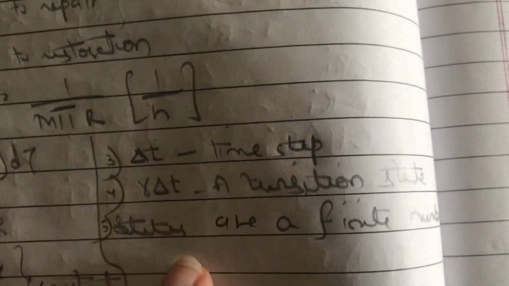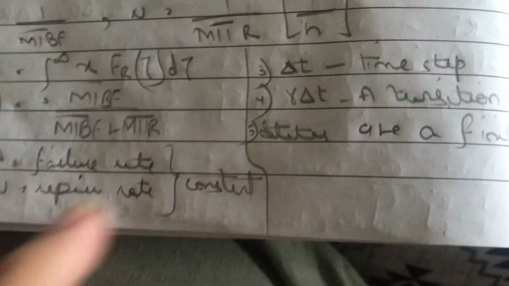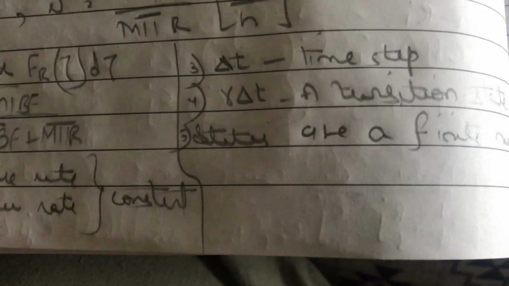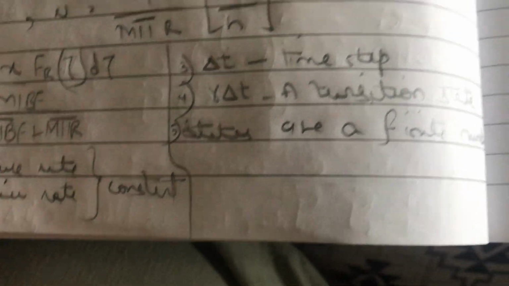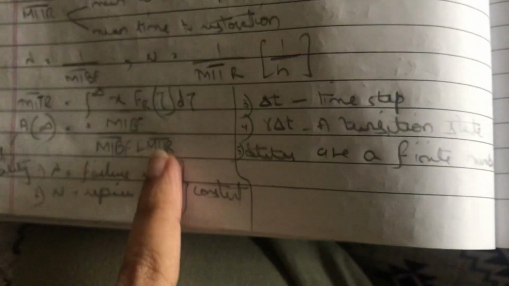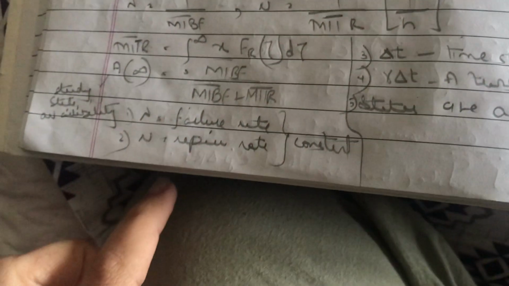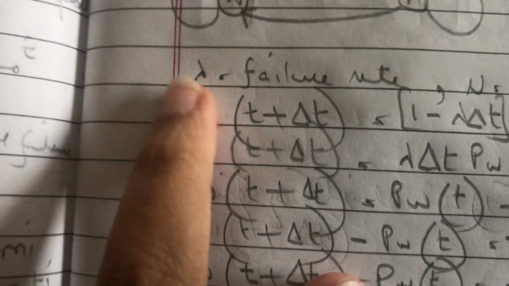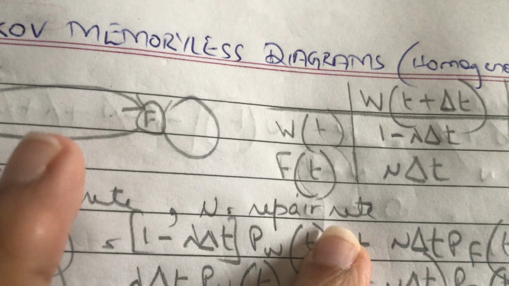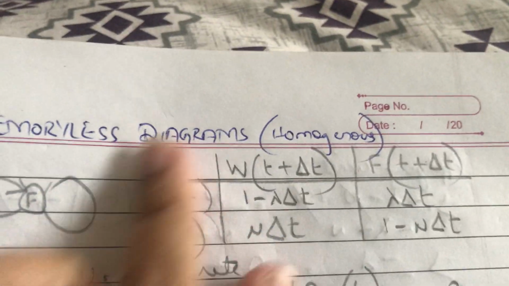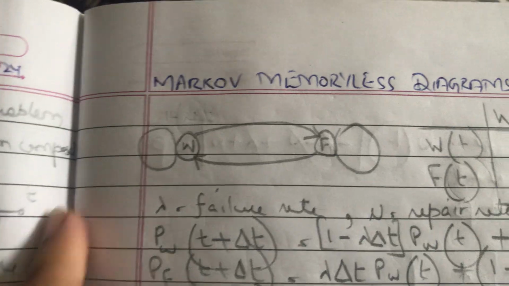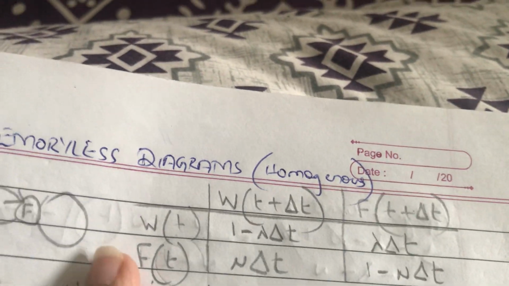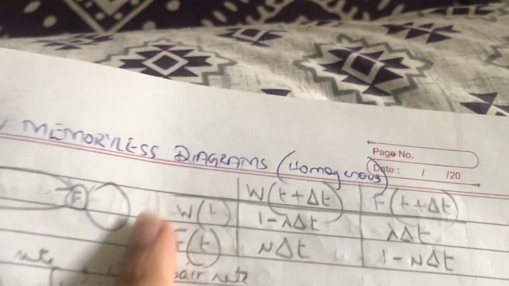Okay, so these five things we have to keep in mind, and our Markov chain will be based only on these five things, regulating and revolving around them, in which lambda and mu are very important. Lambda is our failure rate, and mu is our repair rate. So how can we solve this, how can we make this kind of chain,